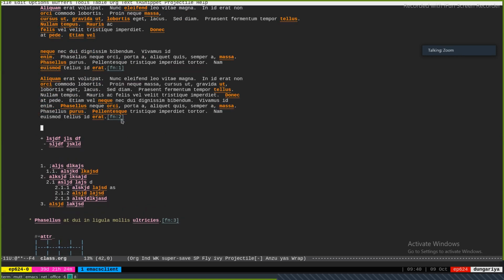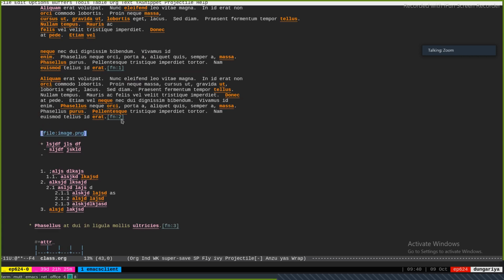Now this brings me also to what you are seeing here, FN1, FN2, etc. These are actually a special case of links. You can use links in many different ways. You can link to files. So for example, if I did something like this, image.png, this would essentially insert an image here. If there is a file like this, which has a graph or an image that you want to insert in the document, this would basically bring that image in.